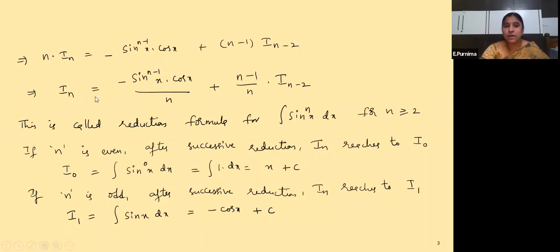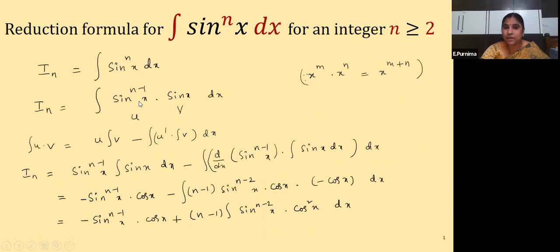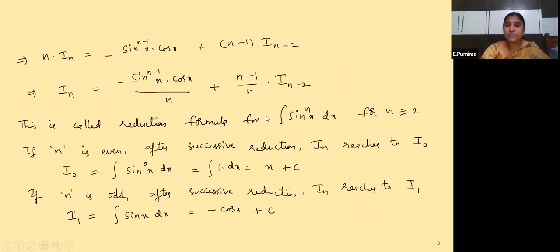Understood? So this is your reduction formula. This we have to remember. This formula is very, very important to solve the sums based on sin to the power of nx dx. So that is to be remembered, children, always. If you remember the first step, it will be very easy. What is the first step we did here? We split sin to the power of n into sin to the power of n minus 1 x into sin x. In that, one is considered as u and the other one is considered as v. Followed? So like this we have to do.